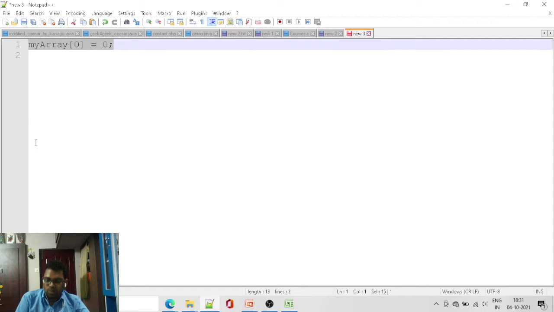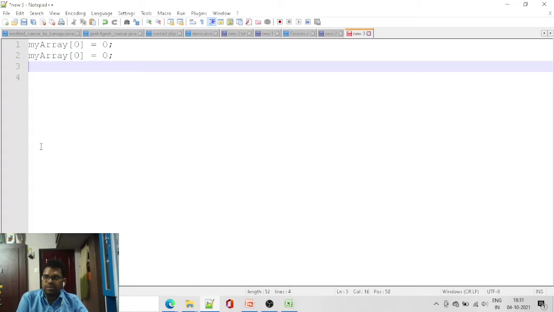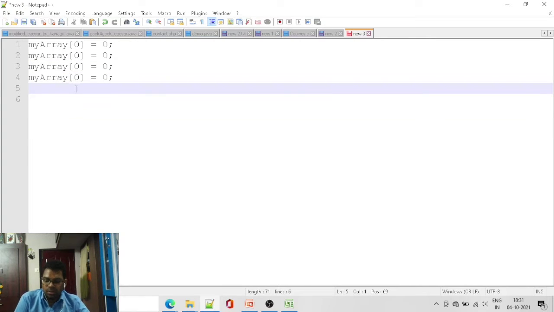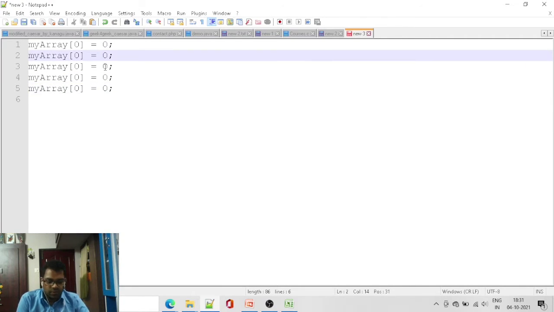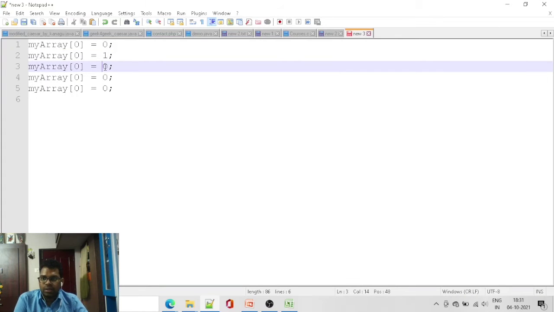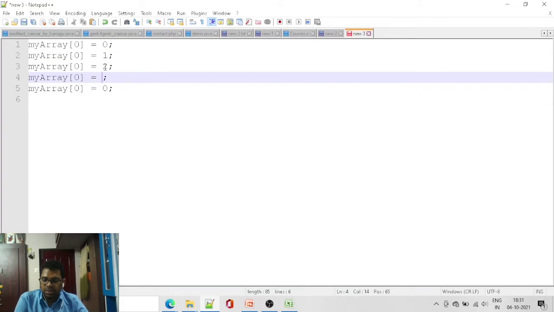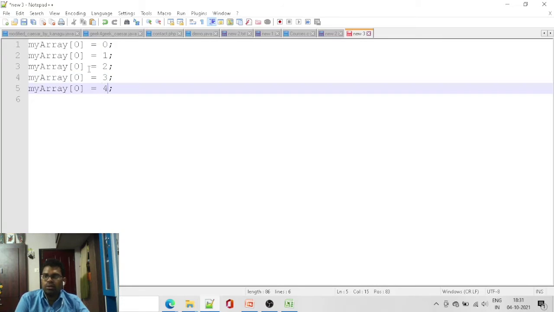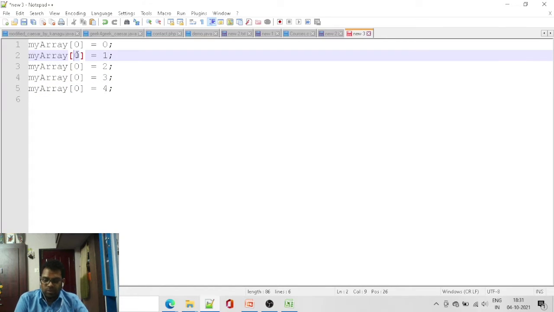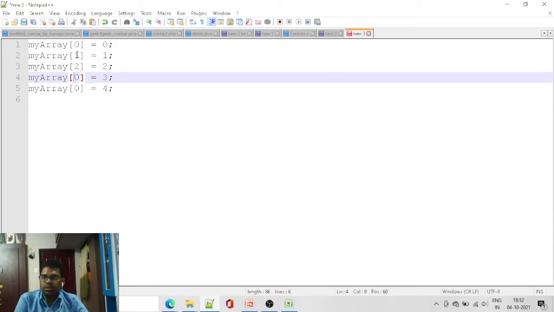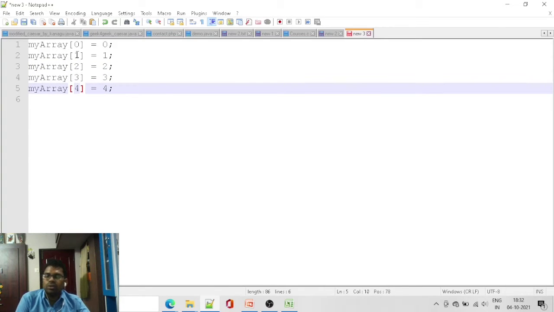After n is increased, the value gets increased according to the loop. So here the n value is also increased. In my array of 0, the 0 value will be stored. In 2, the value will be 2. In 3, the value will be 3. So that's the way it works.